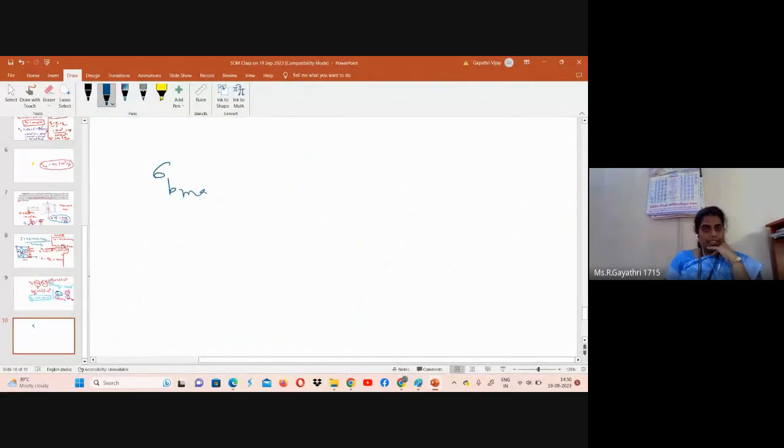Sigma B max is equal to 23.177 Newton per mm square or